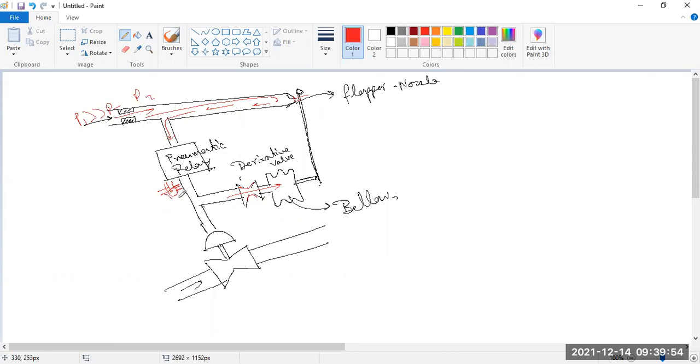Okay, and at that moment some pressure tries to come over here, and it is entering this bellows, as well as it will create pressure on this valve. Whenever this valve is going to operate, say you want it 70% open. Say this is 100% air coming, but here you are getting 70%.